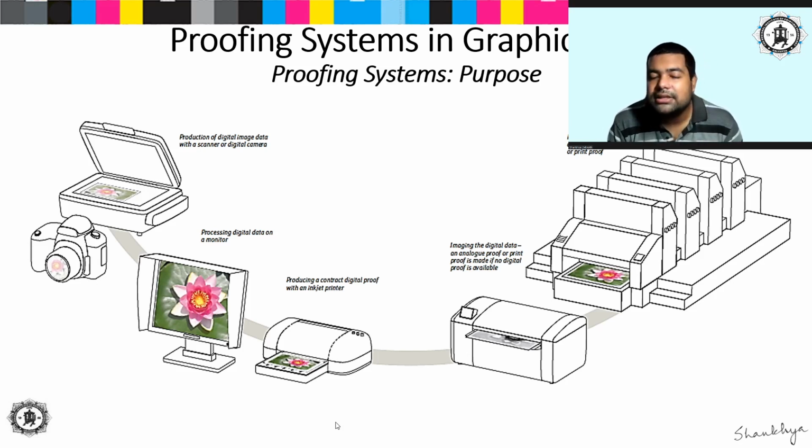So that would basically simulate the quality of your, say you have got a 4-color offset machine, right? So you will be printing all the job with your 4-color offset machine only. Your inkjet proofer machine is going to print or get you the contract proof, which will basically simulate the quality of your printing machine, that is your large scale offset printing machine, right? So this is how to get a proof.